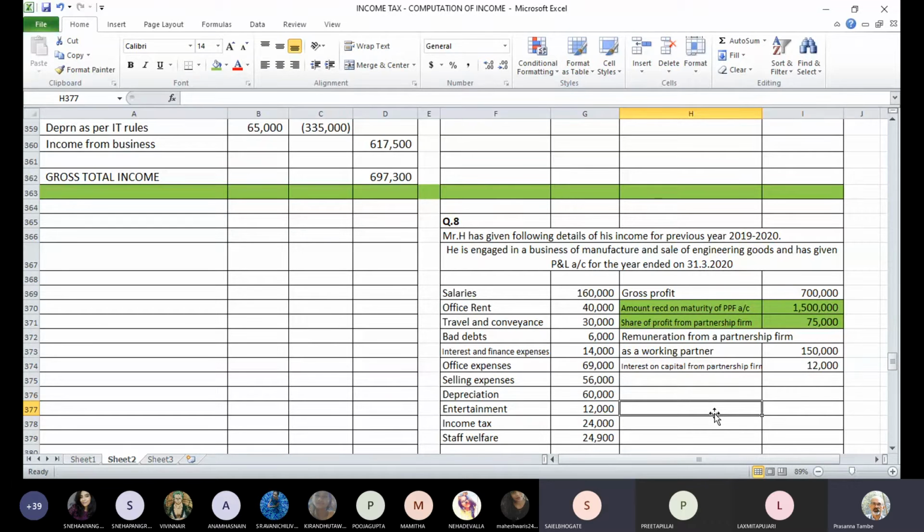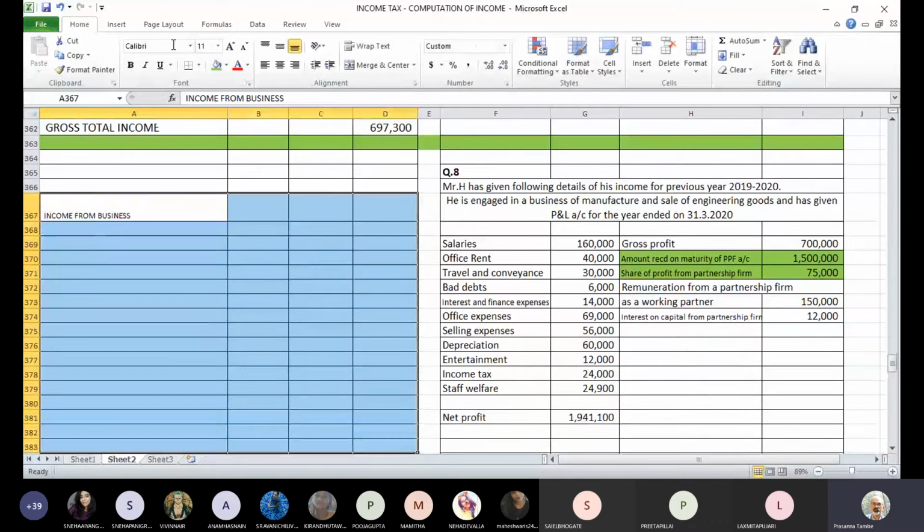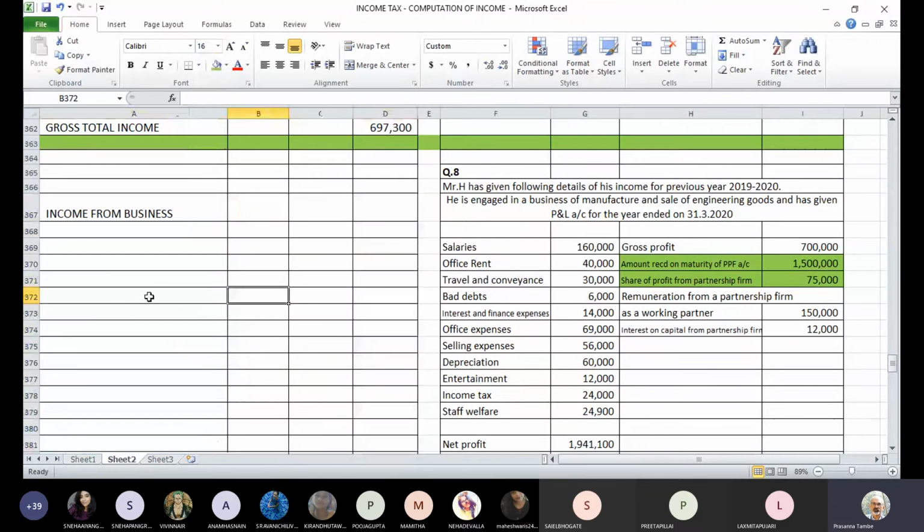Is the discussion so far clear to everybody? Yes. Okay, fine. Then we will start with income computation. Directly we can start income computation. We'll skip the header now because it's only one head and all of us know now how to prepare that format. So I think we can skip the headings now.